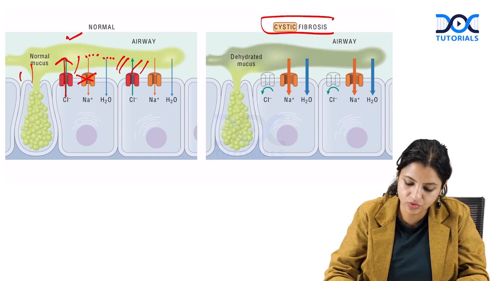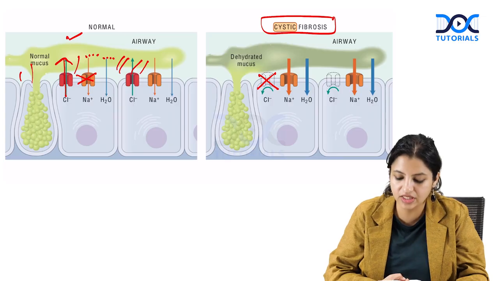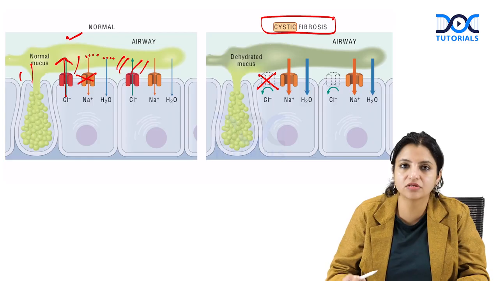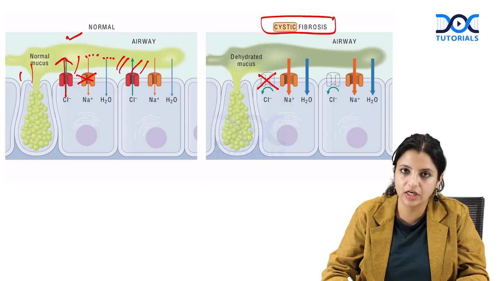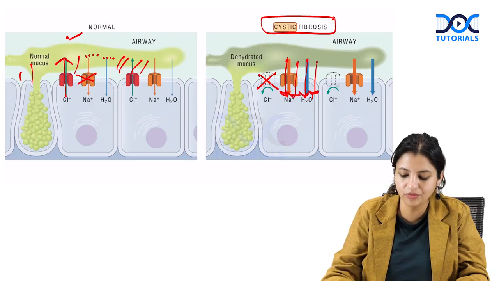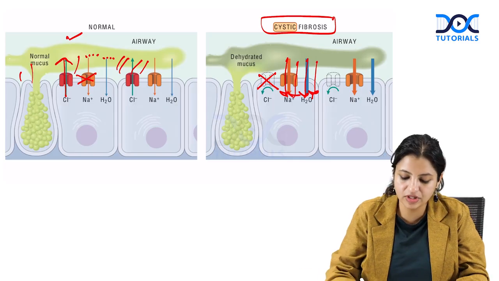Look at the cystic fibrosis patient. There is no CFTR channel, so chloride is not secreted into the secretion. Secretions don't have chloride now. And because CFTR normally inhibits the function of ENaC, now it doesn't inhibit ENaC, so sodium keeps on going out, and along with that water also keeps on going out. Because water and sodium are going out, what will happen? The secretion will become